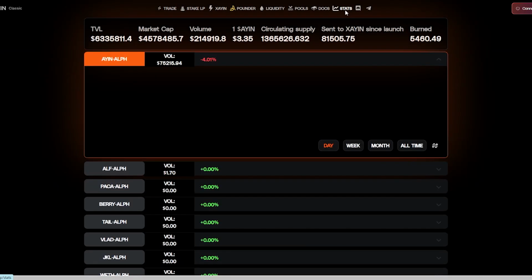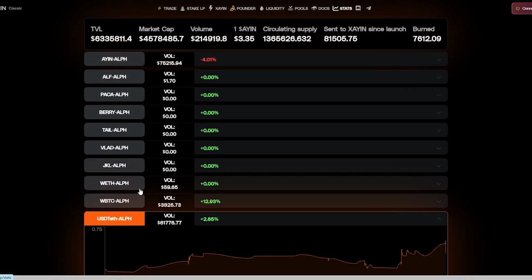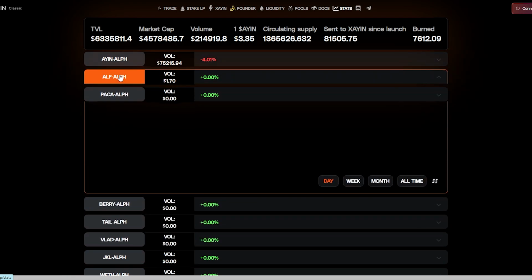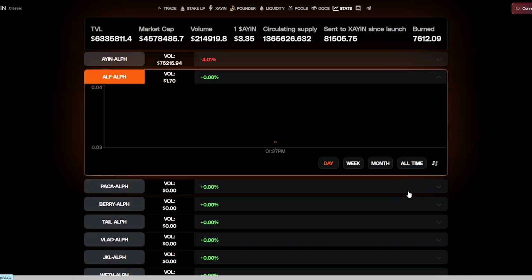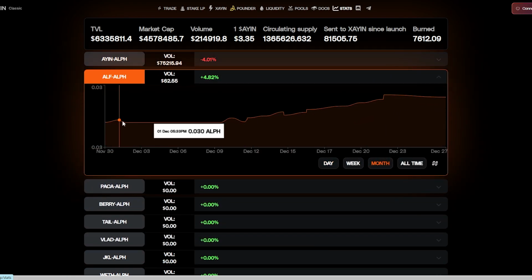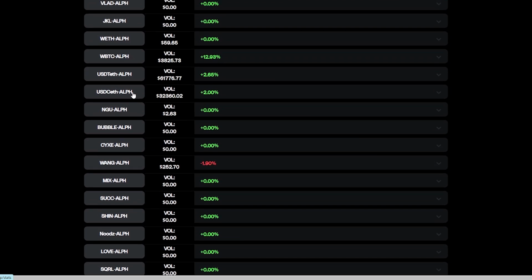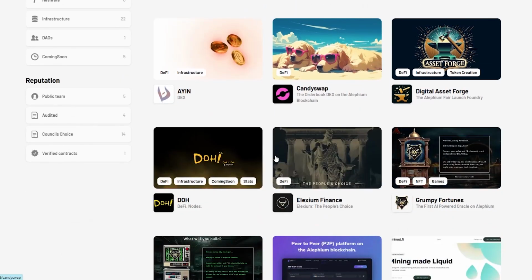So stats. So here we go. We have USDT to ALF. We have a bunch of these coins to ALF. Volume. I don't know if it's displaying this properly. Week or month. So there we go. You have a certain amount of ALF, and then you can work out the price against ALF. And as you can see, as we go down, there's a lot of coins down there that you can lock liquidity into. One of the main ones being these USDC or USDT, and then wrapped Bitcoin and wrapped Ethereum. So that's mainly how you do it.